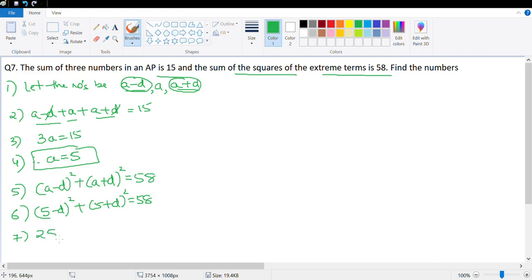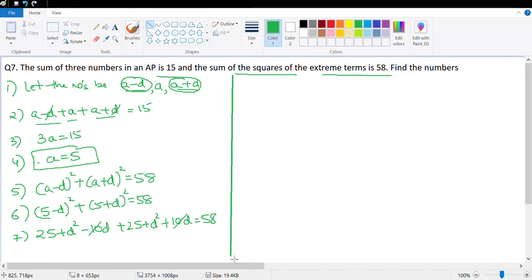This is 25 plus D square minus 10D plus 25 plus D square plus 10D is equal to 58. Negative 10D and plus 10D get cancelled. What we are left with is 25 plus 25, that's 50, plus D square plus D square, that's 2D square